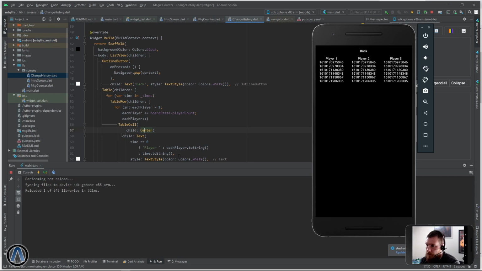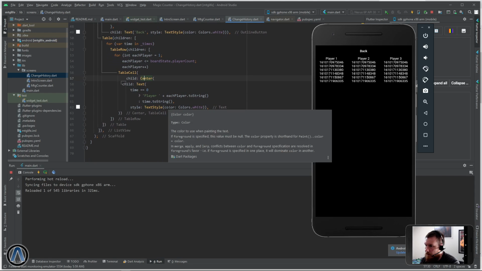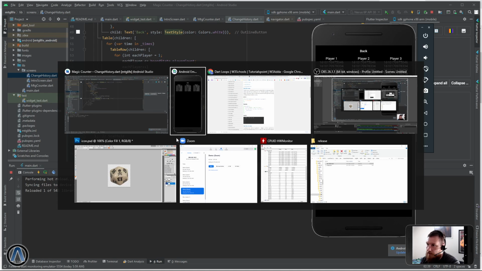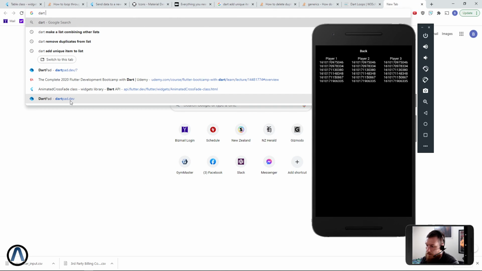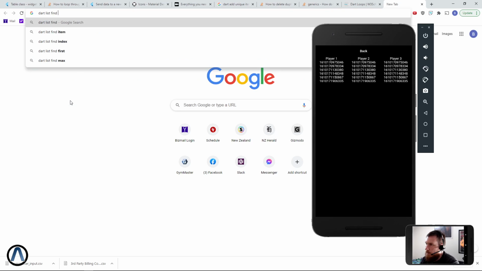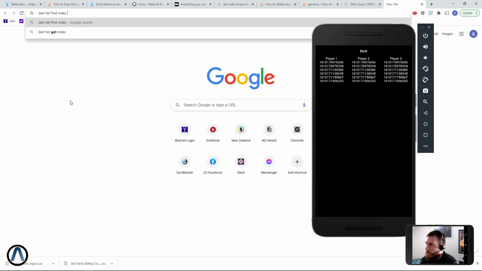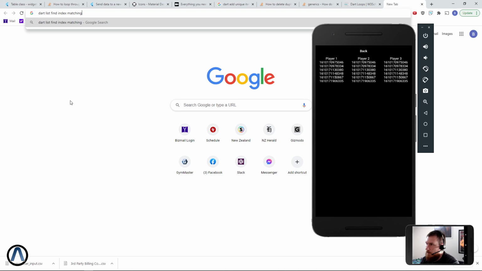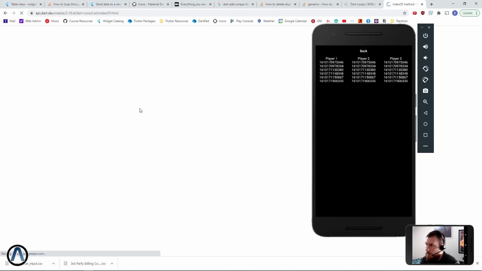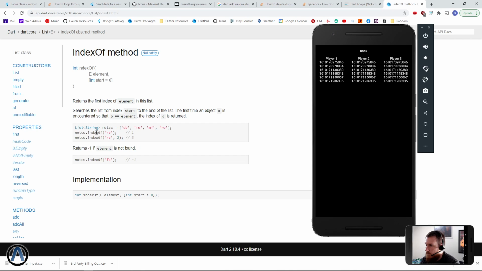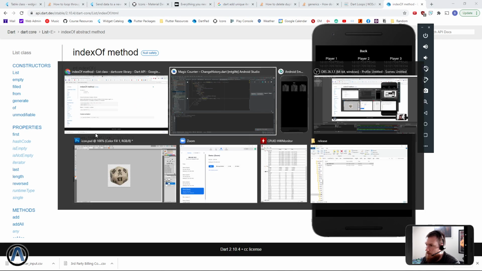So these are all the timestamps we want to report on. Now we want to find if the Dart list find index matching value. Okay, so index of should do that,